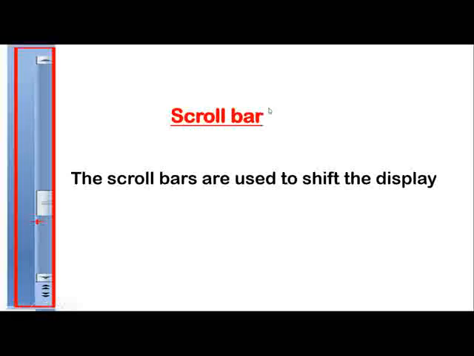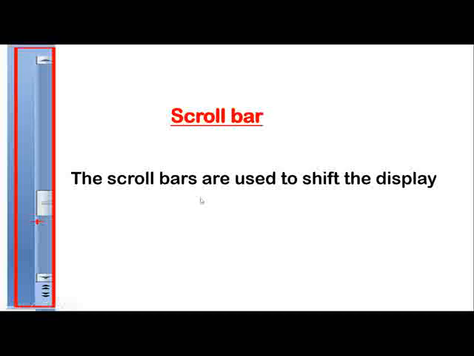Okay, and next is scroll bar. The scroll bars are used to shift the display. There are two types of scroll bars. One is horizontal scroll bar and second is vertical scroll bar. Here you can see vertical scroll bar. Then horizontal scroll bar is also present in PowerPoint.